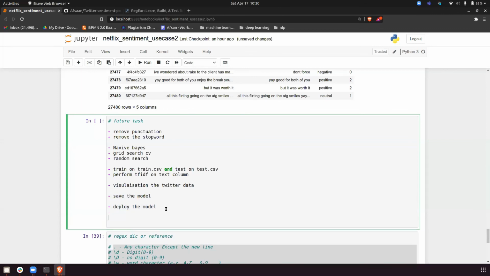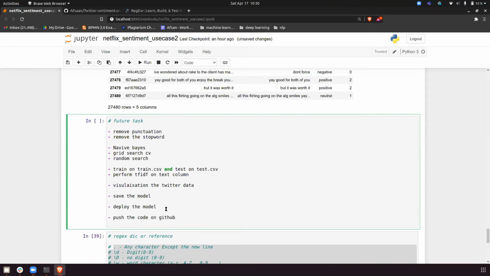And the third part is to push the code on GitHub. Why? Because this tweet sentiment analysis, the two use cases I have done, are very important to make the recruiter understand that you know what NLP is.